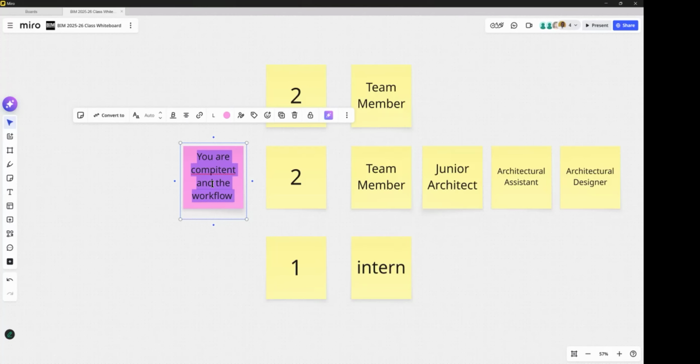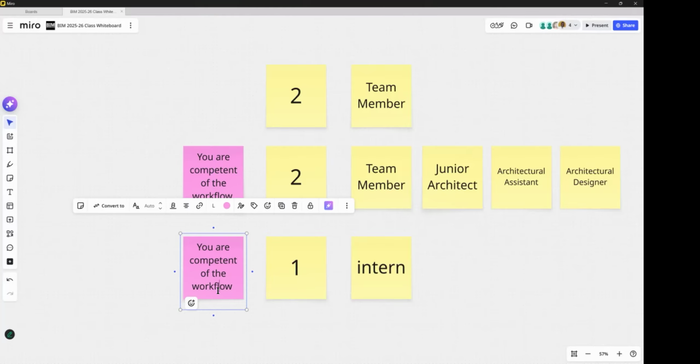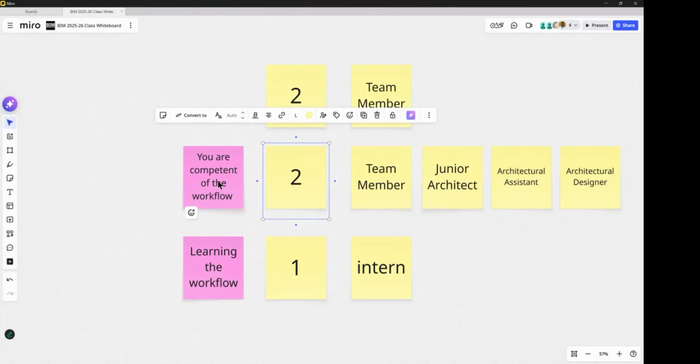No, let me shorten that. I would say that all right, at the workflow of the workflow. Right, let's put it like that. We're learning the workflow. Right? And you are usually now a part of projects.